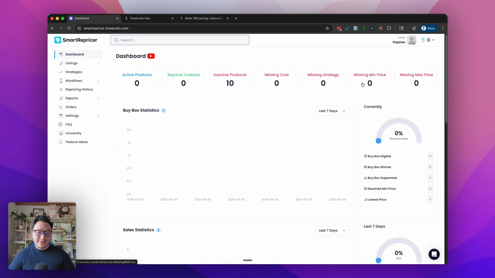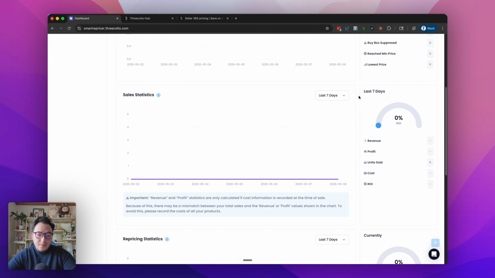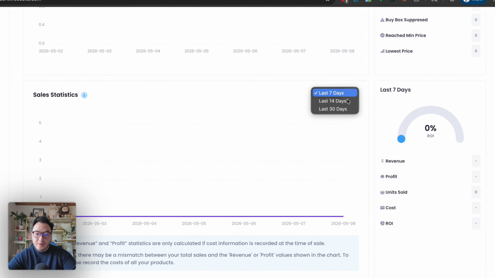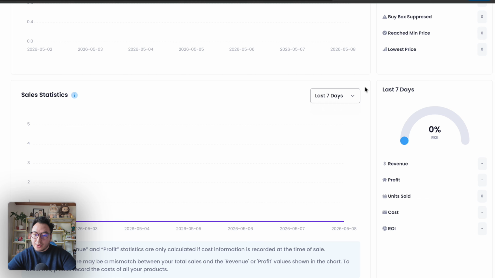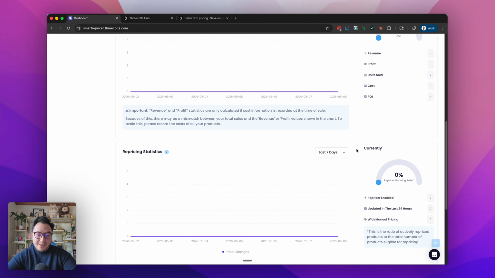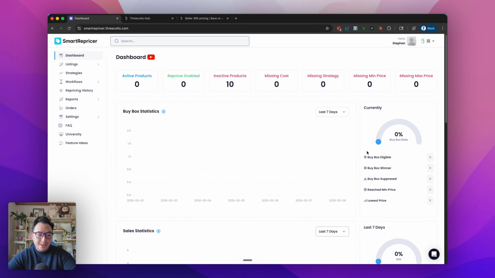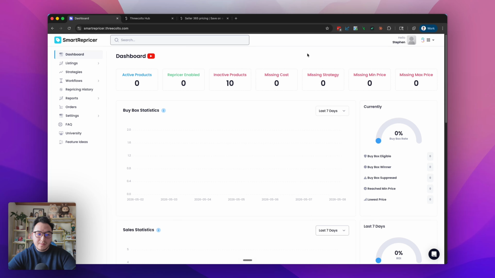And then most repricers in our dashboard should have buy box statistics, which is how much of the buy box you're currently winning with all your products. And if you were to scroll down, you will also be able to see your sales statistics over the past 7 days, 14 days, or 30 days as well. There's also some other data points down here, but usually that is the main thing you want to look for in a dashboard. You want to be able to look at the entirety of your business and take actions directly